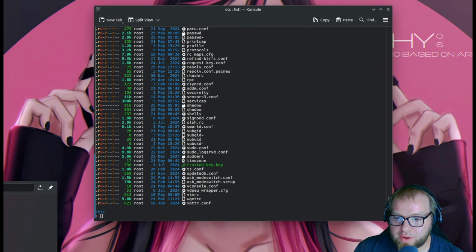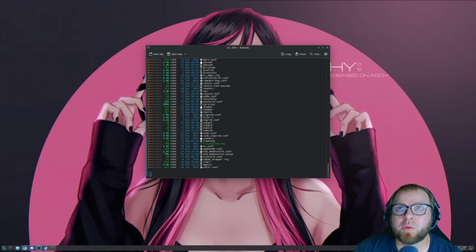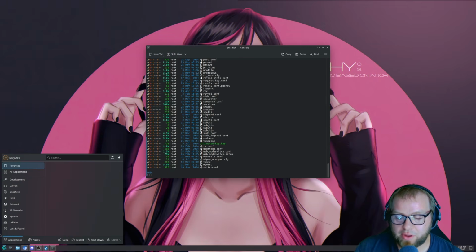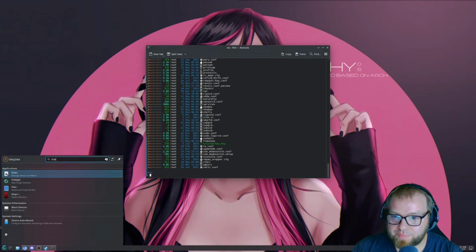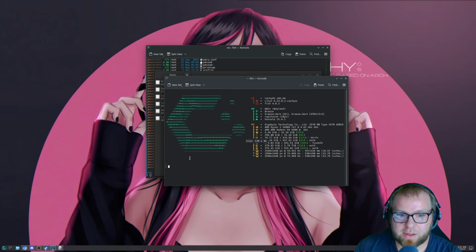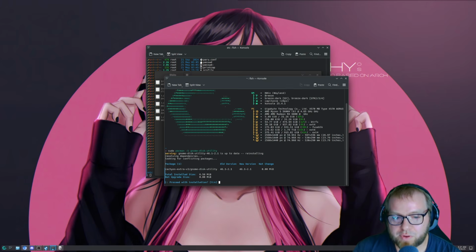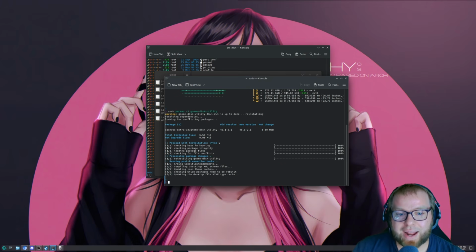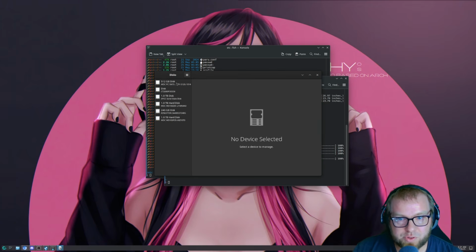So if we go here into our start menu and we type in disks. Now, what Disks is, is GNOME Disk Utility. You would install GNOME Disk Utility, and I highly encourage you to do it by doing sudo pacman -S gnome-disk-utility, or dash, whatever you prefer to call it. And you just press yes to install it. I already have it installed, but you would install it, and then that would bring you to this application